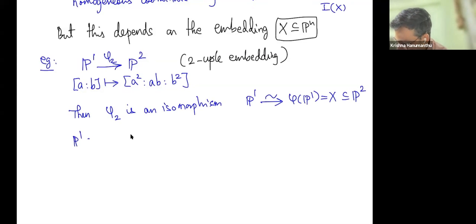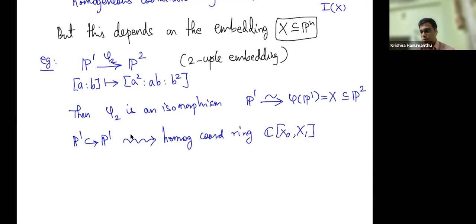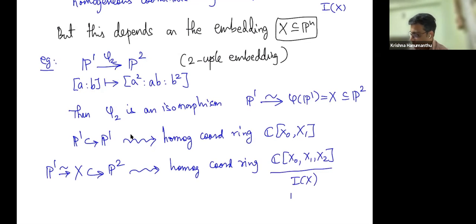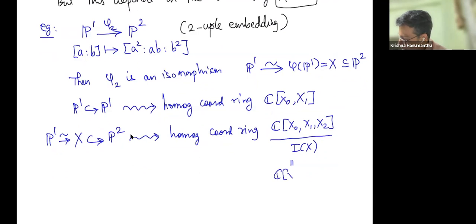So now, the embedding of P1 in P1 leads to a homogeneous coordinate ring, because here P1 is defined by the 0 polynomial. So the homogeneous coordinate ring is just C[x0, x1]. Of course, this is an equality, but this is really X sitting inside P1, but X is isomorphic to P1 as varieties. But here, what is the homogeneous coordinate ring? It is now in x0, x1, x2, because you take the 3-variable polynomial ring and go modulo I(X). And this you can actually check is C[x0, x1, x2]